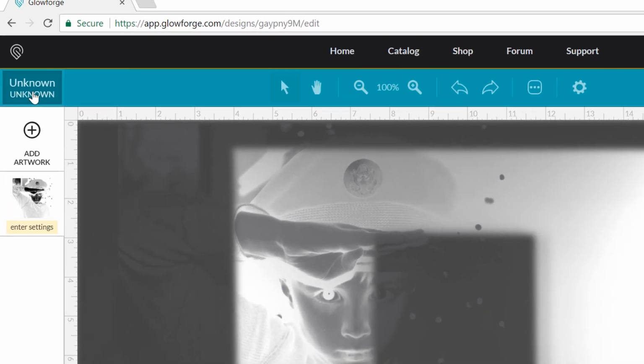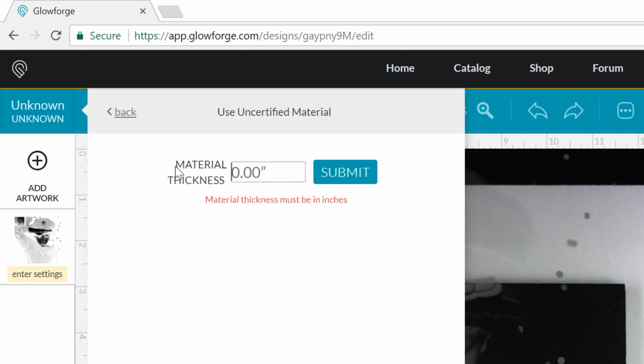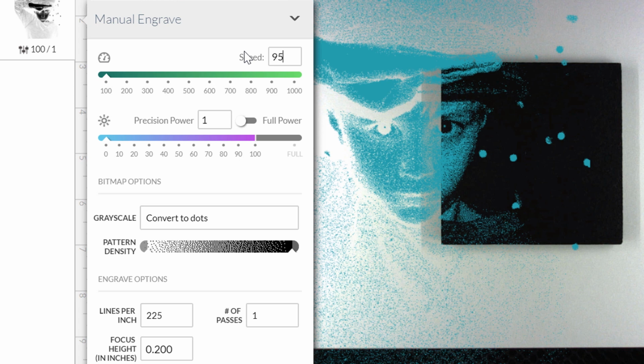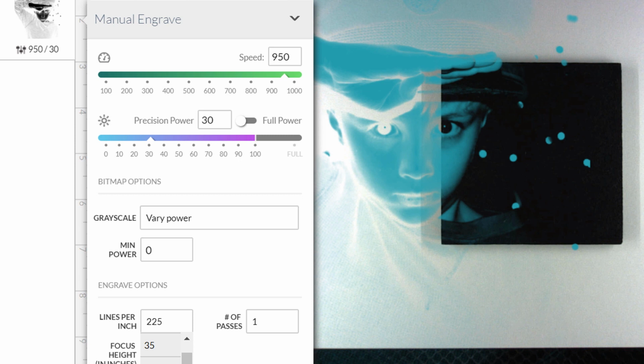We're going to want to click up here at unknown and use uncertified material. Put in the thickness of the coaster. In this case it's 0.2. And then we're going to want to enter our settings, which will be 950, 30. We want to put the grayscale to vary power, lines per inch to 340,